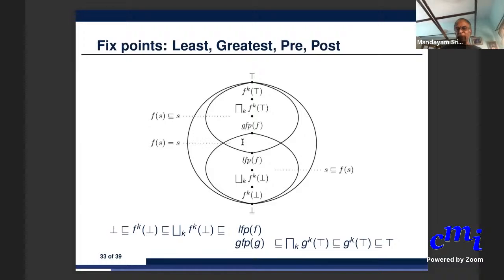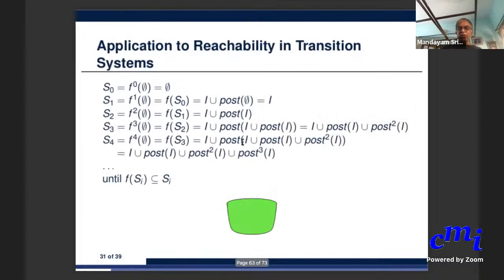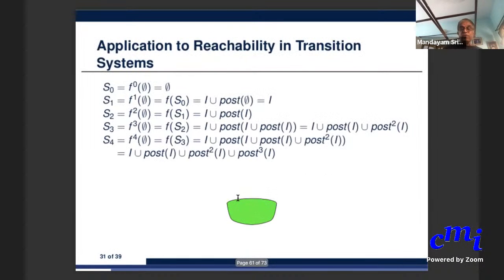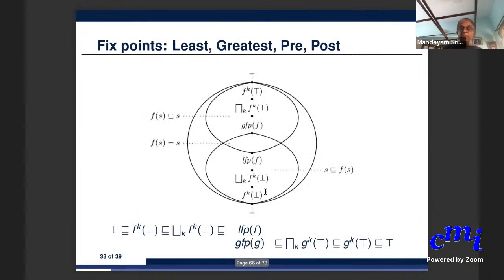Remember that this function was defined by bootstrapping from I. If I choose anything which is a superset of I, which contains I, and then I do the same thing, or in other words, if I start, instead of starting with bottom, false, with any other set that includes I,